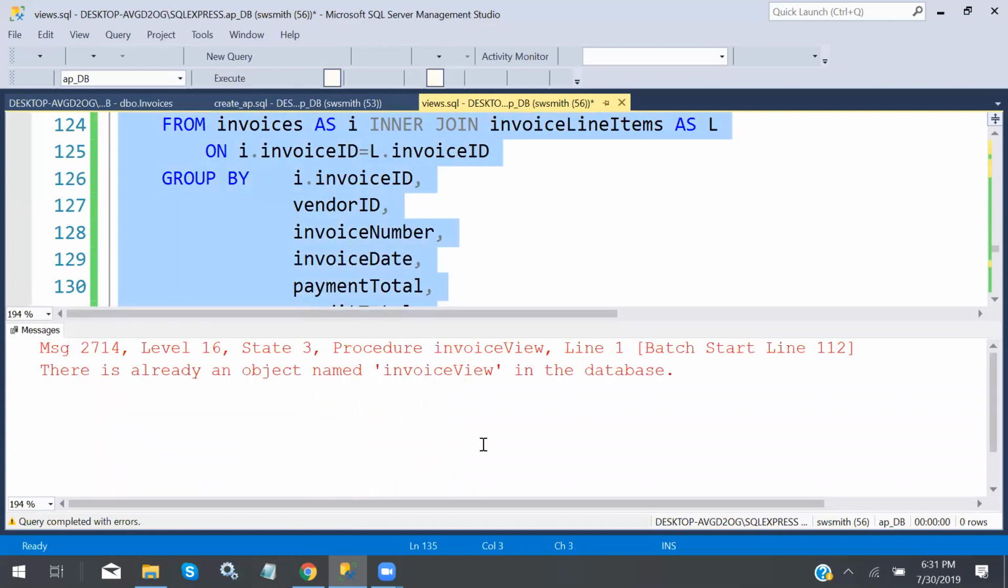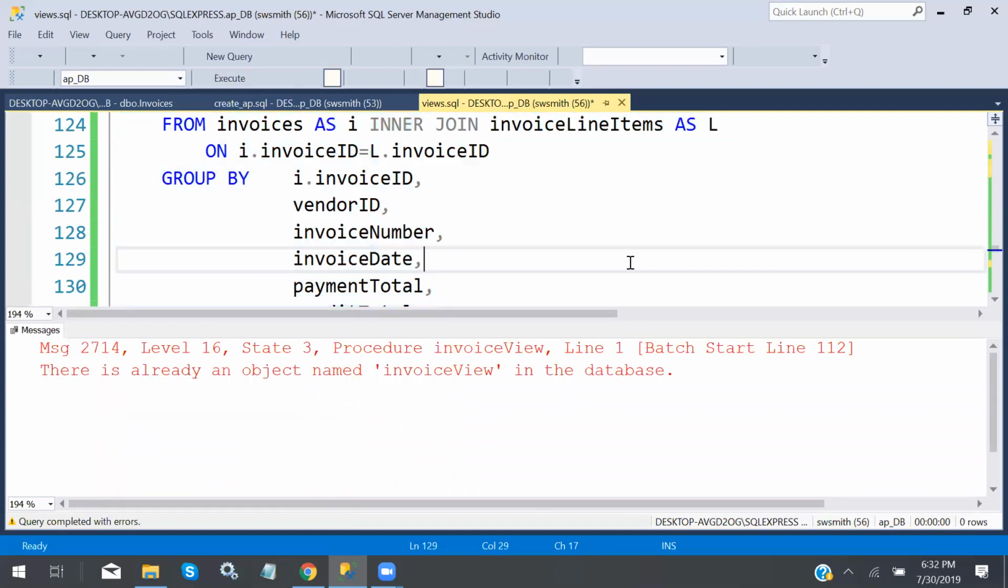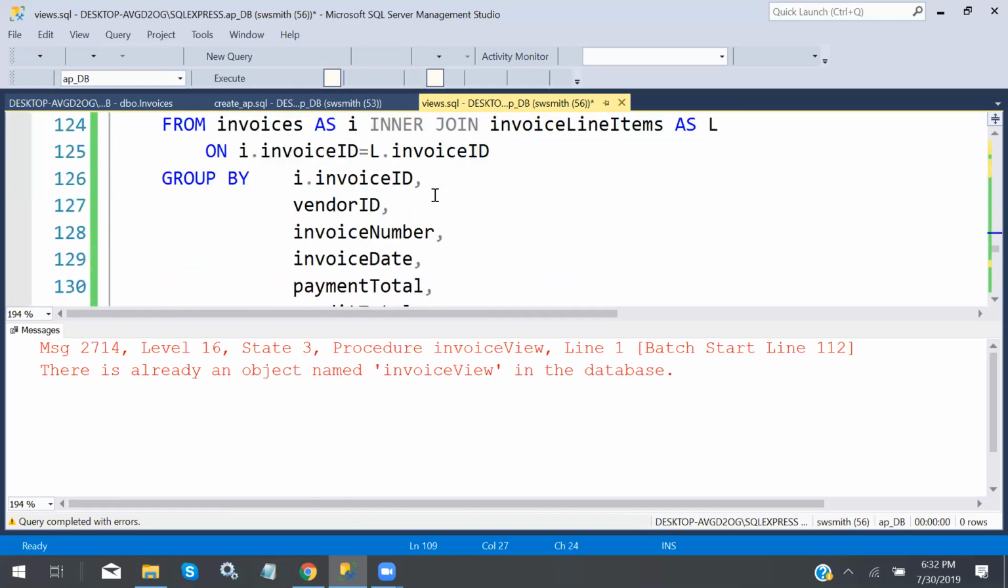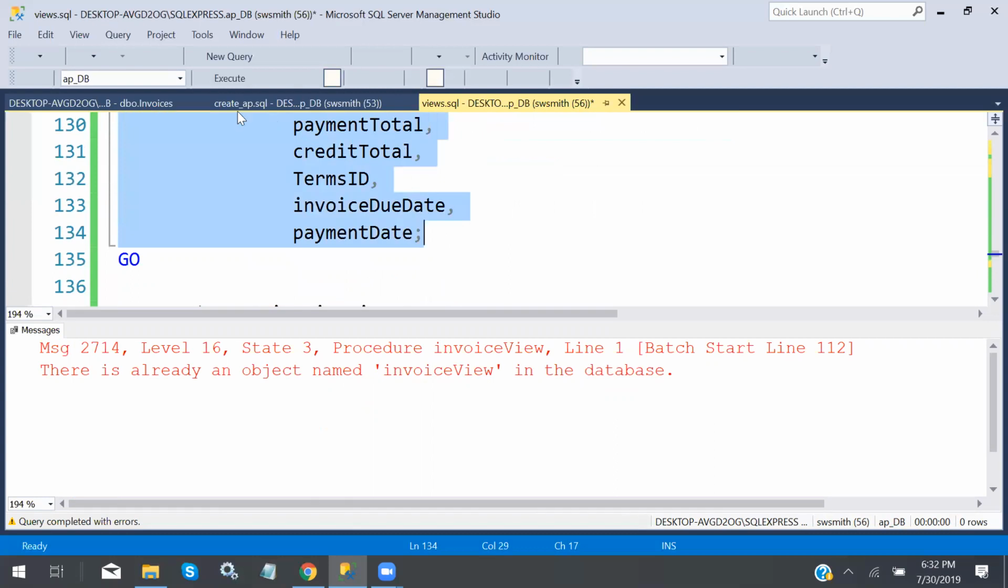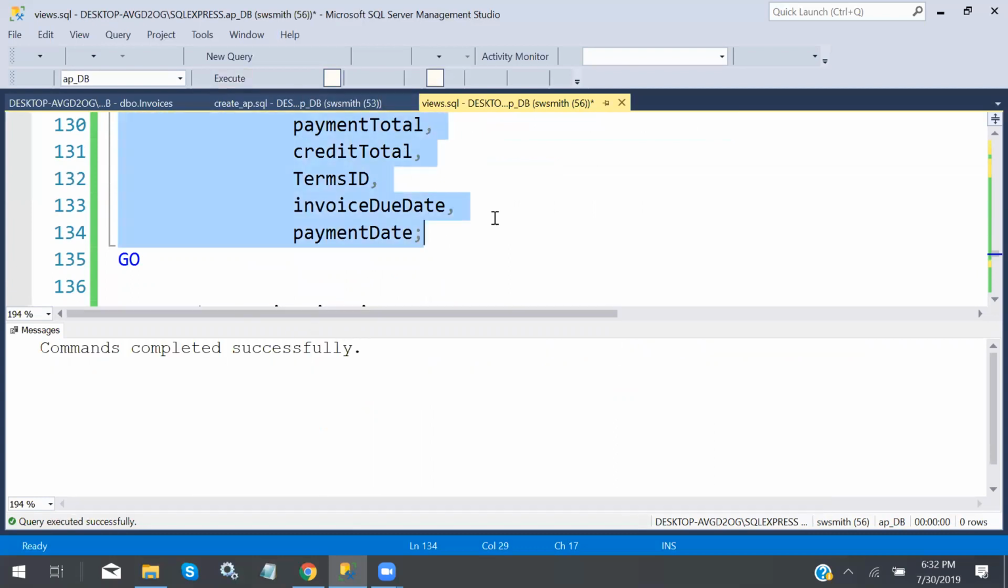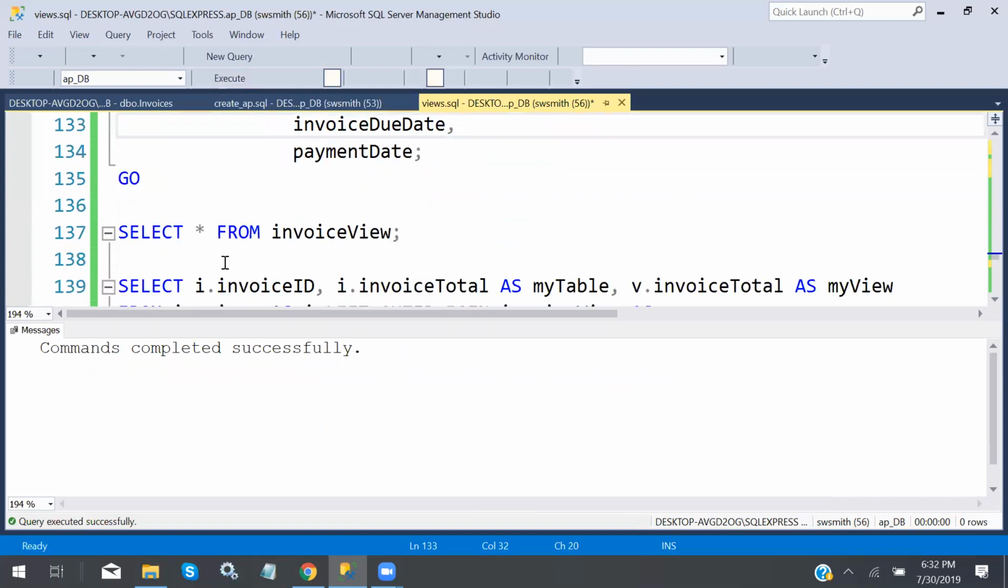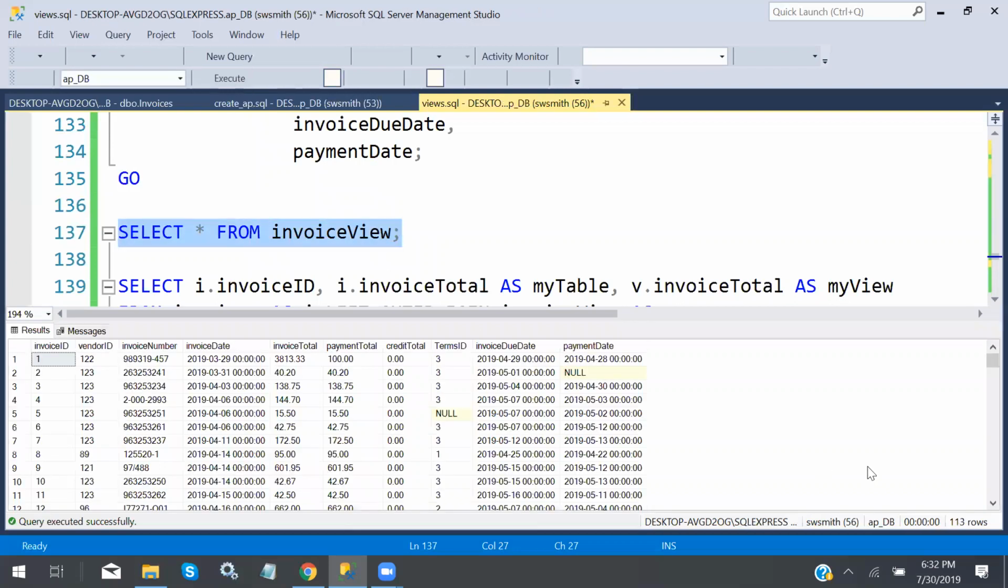execute, and I already got one. Well, okay. I didn't drop it. If I dropped it, it would have run. Okay. Now, when I select from it, execute,